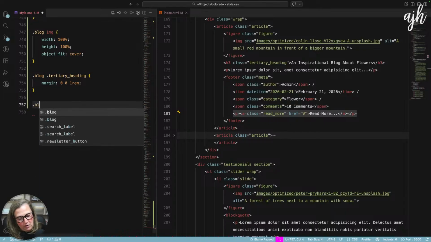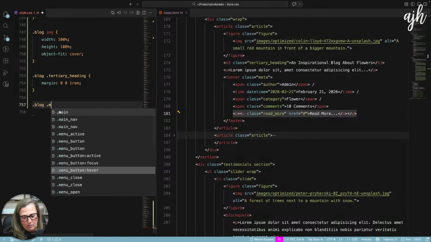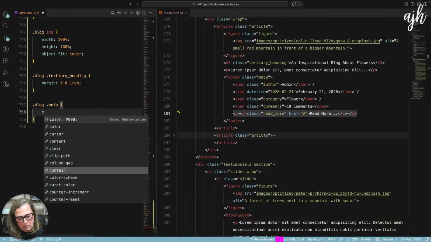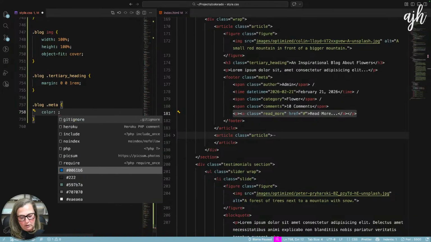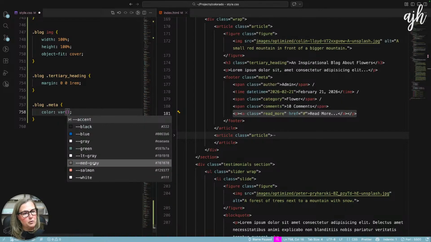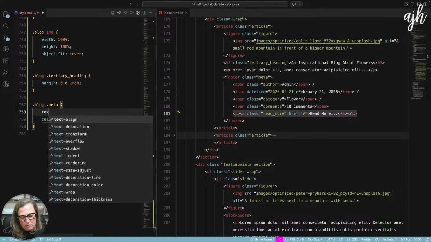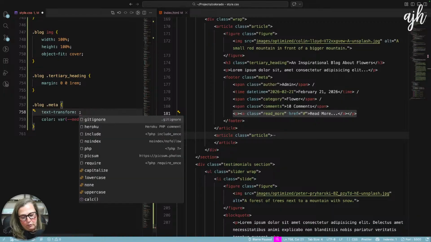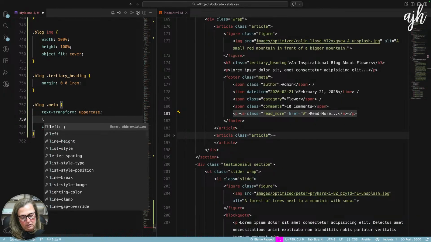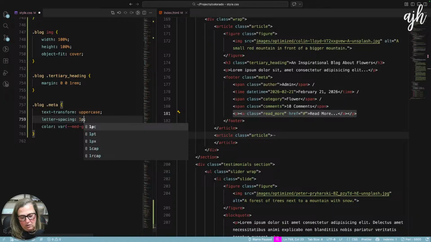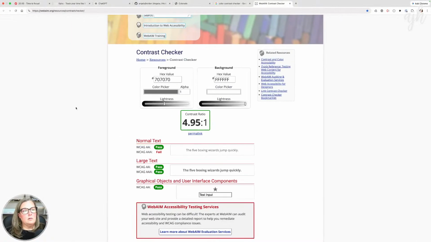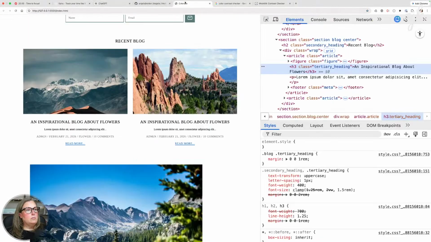So I'm going to say blog meta color. This will be our medium gray color. And then also text transform uppercase, and we'll give this a little letter spacing of 1 pixel. I love it. It does have just a little bit of contrast.